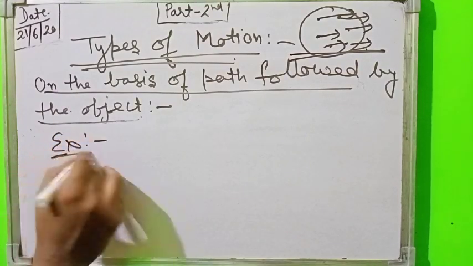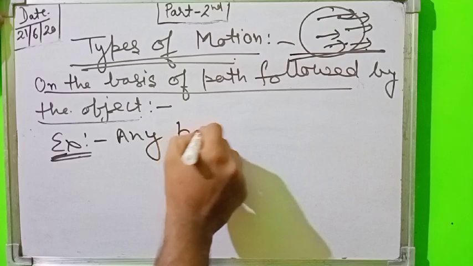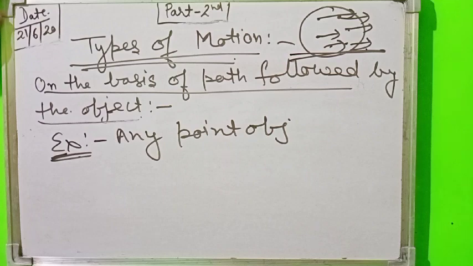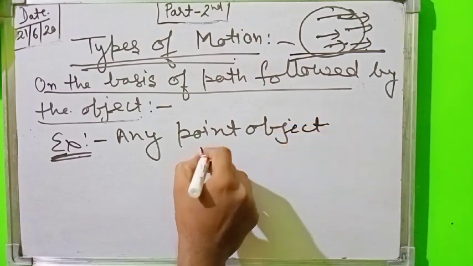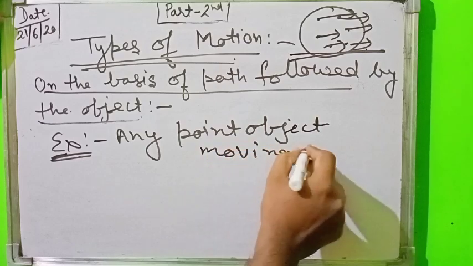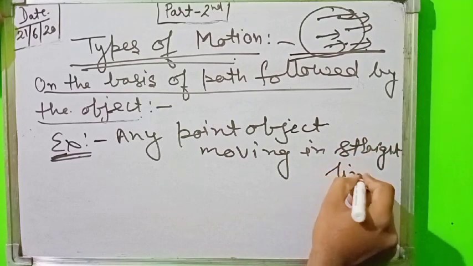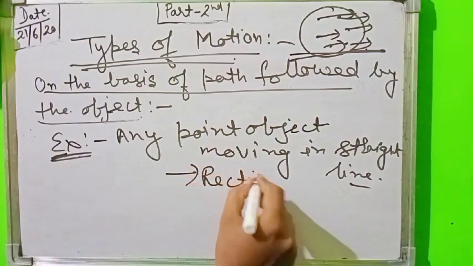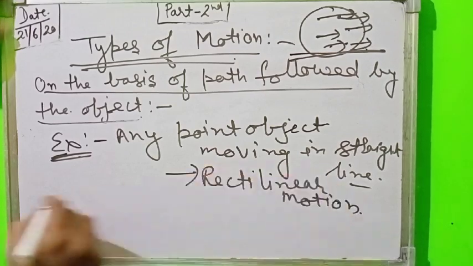For example, any point object, you can call it an ant, is moving on the edge of the wall. You can say that it is rectilinear motion or motion in a straight line. A point object moving in a straight line. This is an example of rectilinear motion. And the second one is